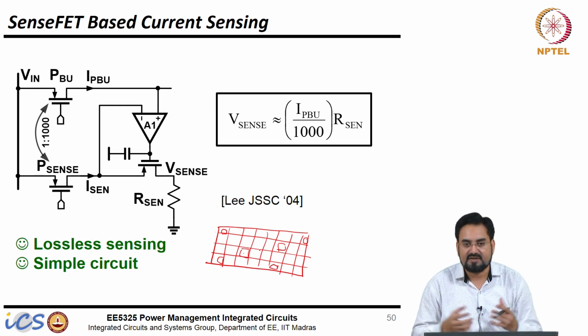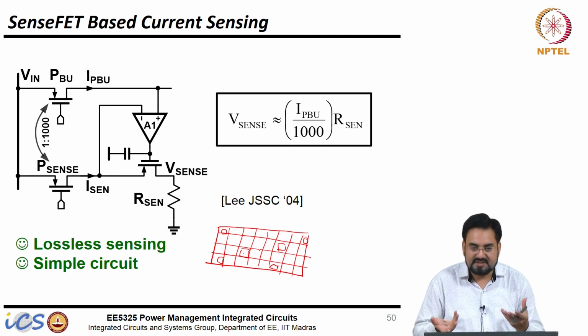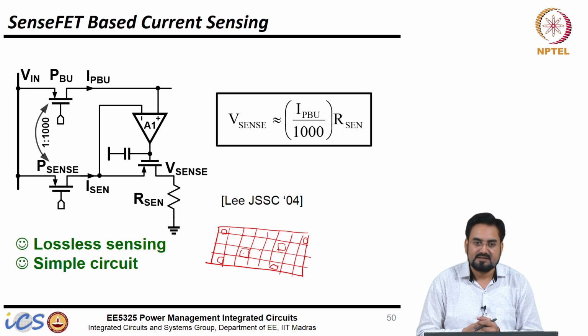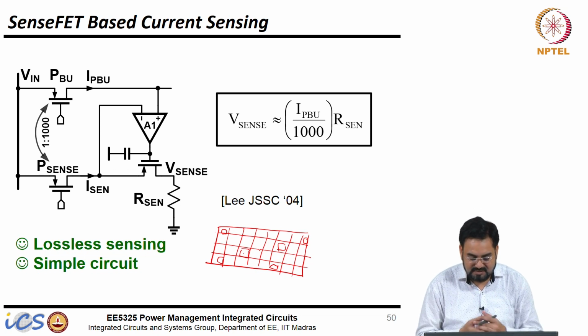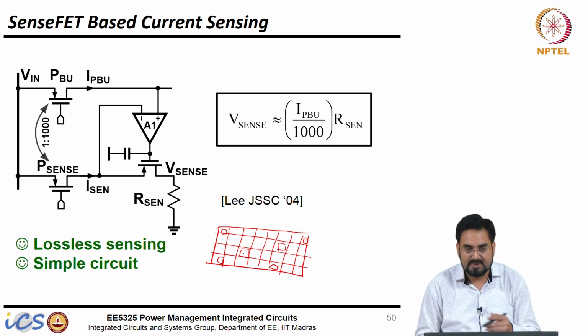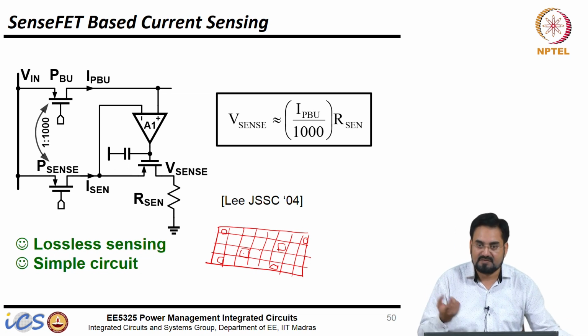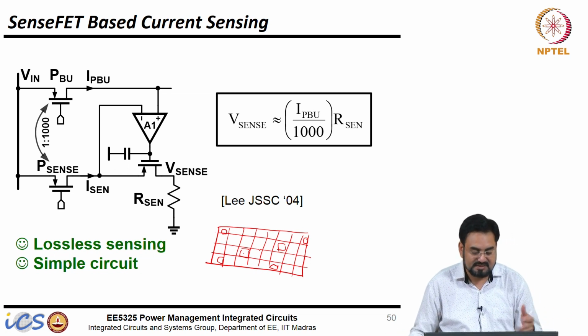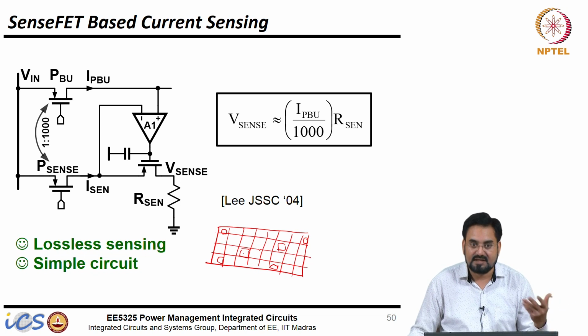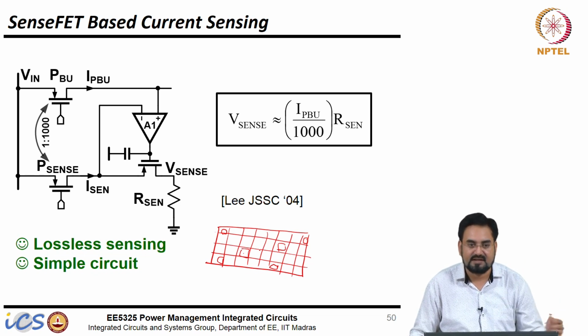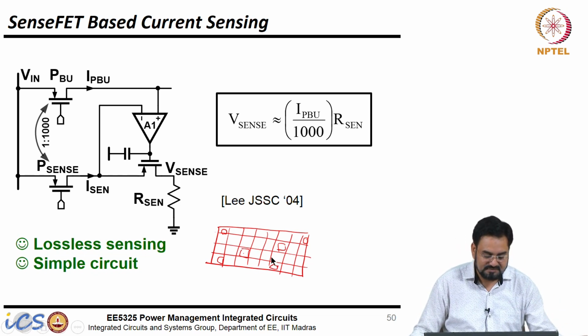So ultimately what you are doing is improving the matching, and you will get much better accuracy compared to what you get with a single unit of 1:1000. And this is done without increasing the current, because I am turning on only one FET at a time. So, that is the advantage.